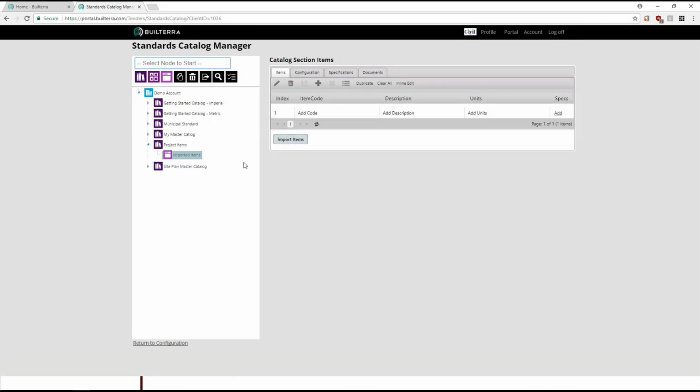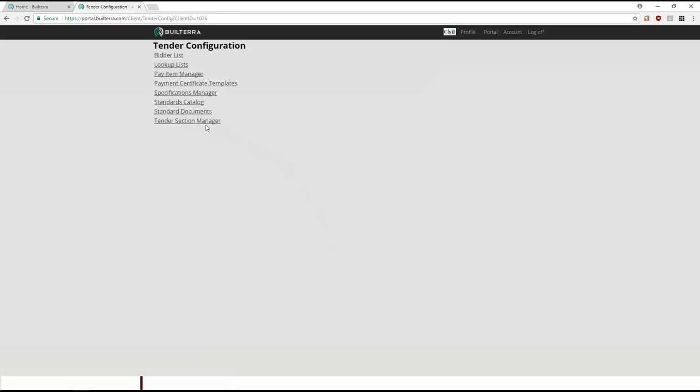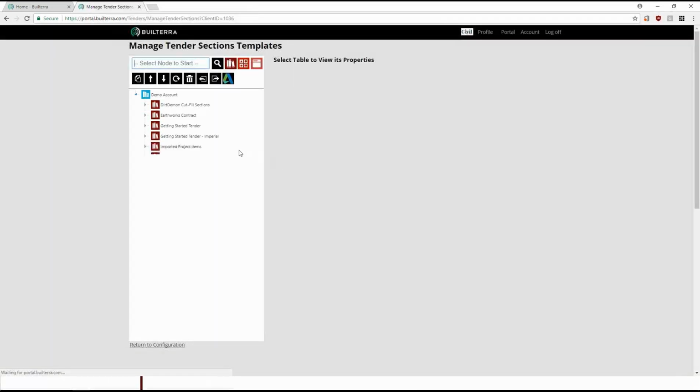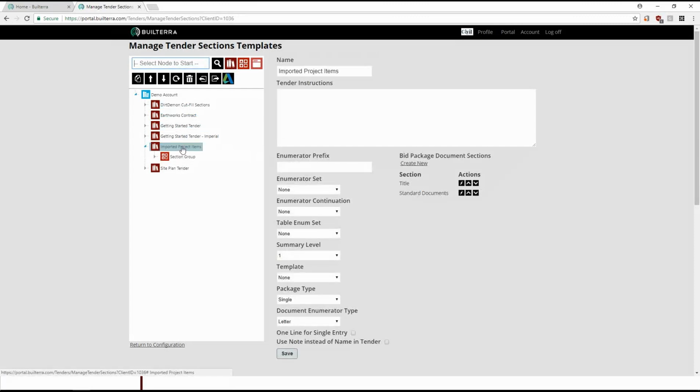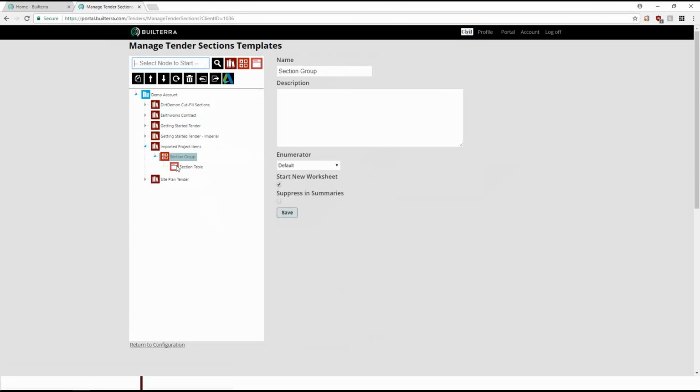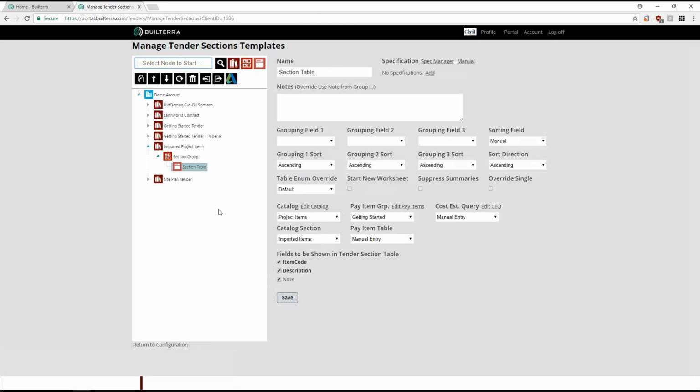And once you have that, the next step is to set up the template. The template itself, if we look under, there's multiple templates here, but we're going to look under the imported project items. You can have a blank, I just called it section group, and a section table. The section table is simply the project catalog imported items table connected to a manual entry getting started pay